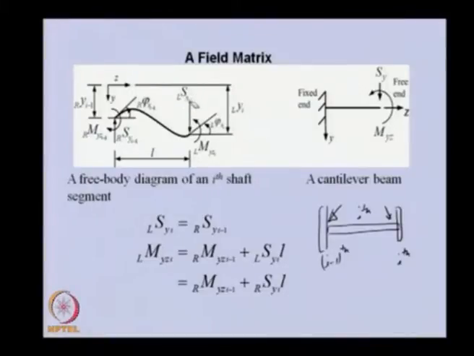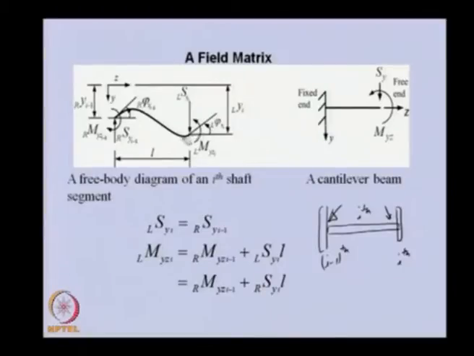Now here, apart from this, we have shear force, S_y_i left of the ith disk, and similarly the bending moment. So here also we have four state variables, and now we need to relate these state variables which are there in the right of the (i-1)th disk and left of the ith disk.